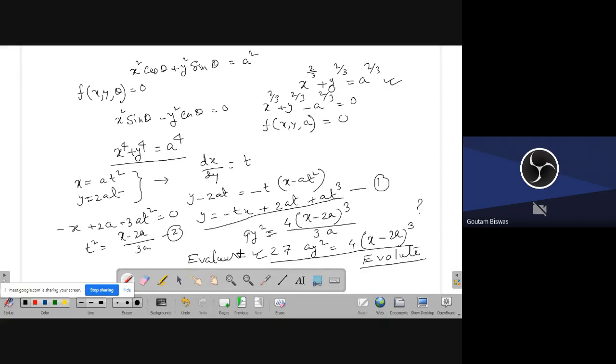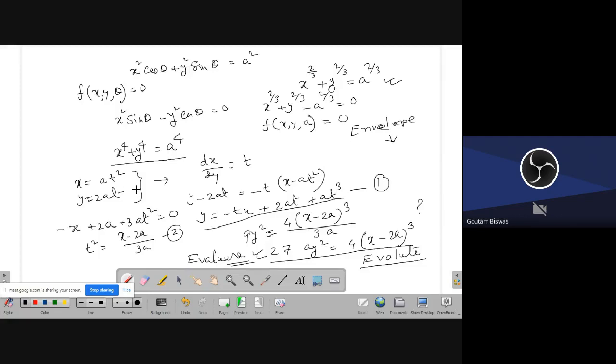Now this is something extra that we have given you today. But in the next class, once you know the envelope, the evolute automatically comes. It is not mentioned in the syllabus that the envelope is there but the evolute is not, so you have to read this one, the evolute. Okay, so remember this fact.